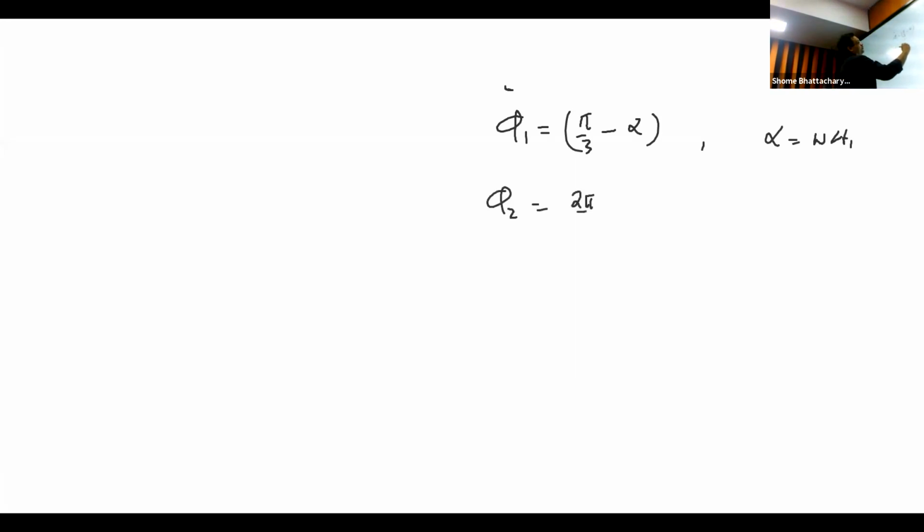So you just have to refer to the recording later for all those exact values. You can see that phi1 was pi by 3 minus alpha, where alpha was omega delta t1, and phi2 was 2 pi by 3 minus beta, where beta was omega delta t. So I can always have a situation like this where